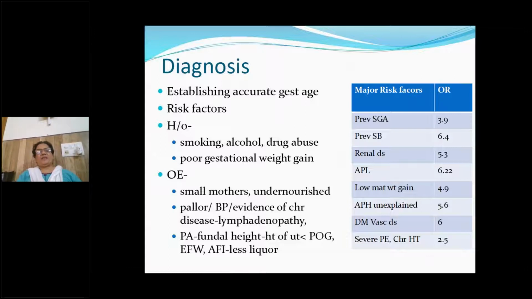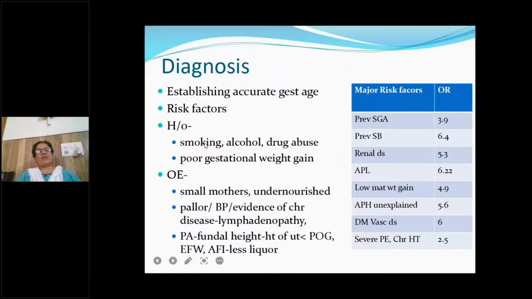So for an accurate dating of a pregnancy, you need an ultrasound in the first trimester. And if that also matches with the patient's history, we call it an excellent age. So establishing gestational age is the most important prerequisite. And then you have to go into the details of what risk factors are present in a patient for the occurrence of growth restriction. These are the various risk factors listed. There are many risk factors, and we know the etiology: maternal, fetal, placental. So we look for all those risk factors.